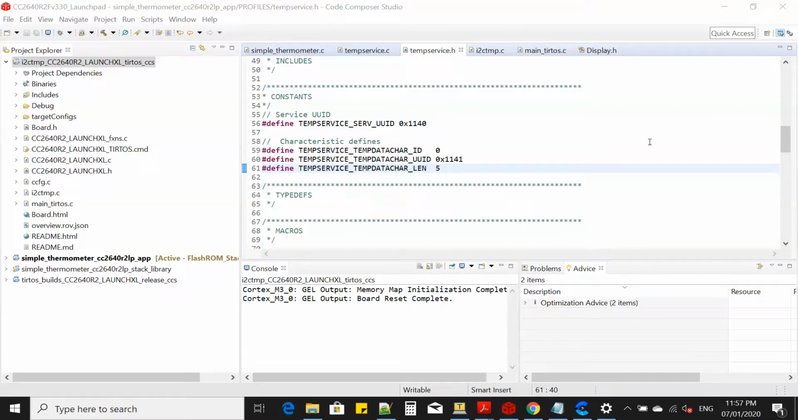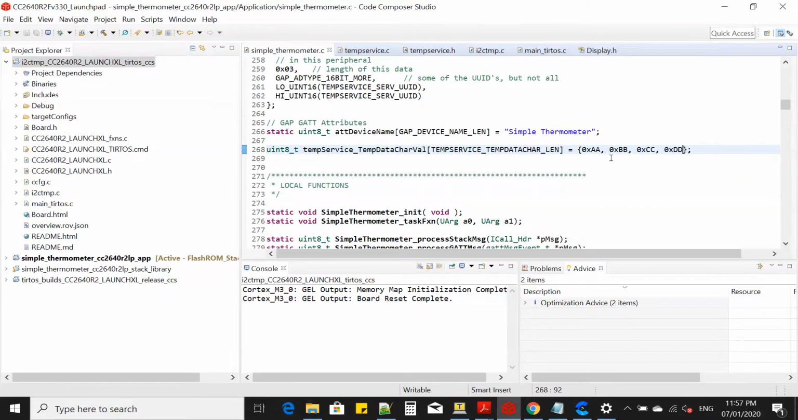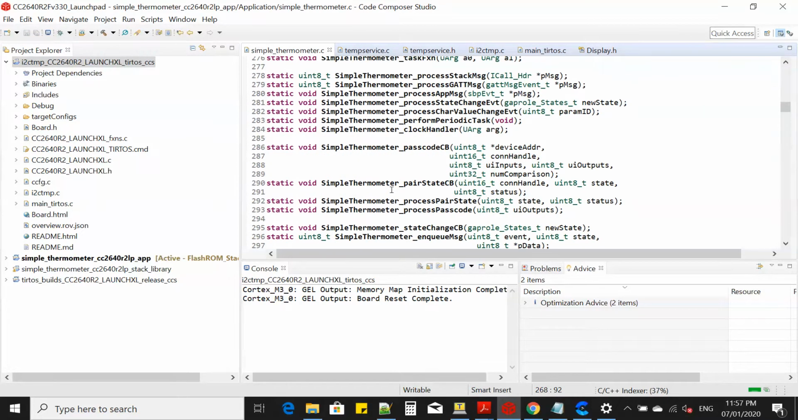Since the temperature data is in float format, we need to change the temp data characteristics length to 4. If you do not do this, the iOS LightBlue app will not be able to display the float value correctly. So we need to change this also. Change it to 4. Okay, and we create